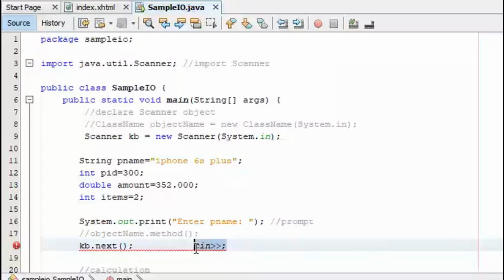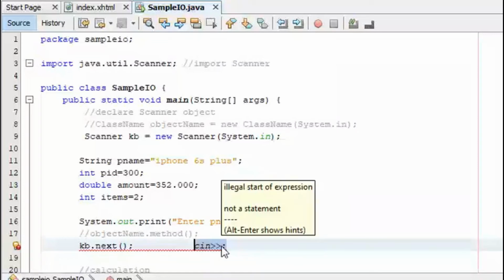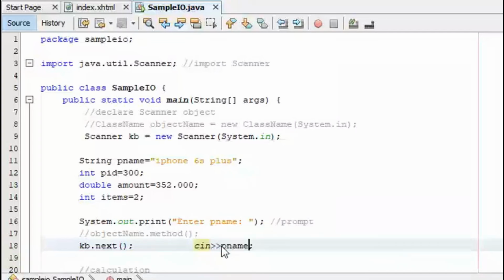So we must always put the variable name here. Let's say if I want PName, then I will do cin, double greater-than, and then PName. The same thing I have to do in Java. I need to save it to a variable, which I will put with an equal sign. I will put this in PName, correct?